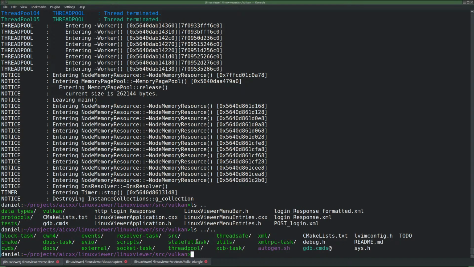And then on top of that, we have the tasks. And then I started to write specific tasks. So you have socket task, resolver task, block task, XML RPC task, XCP tasks. Quite a lot of tasks already here. Dbus task. The more tasks, the merrier, because you don't have to do that again, right?